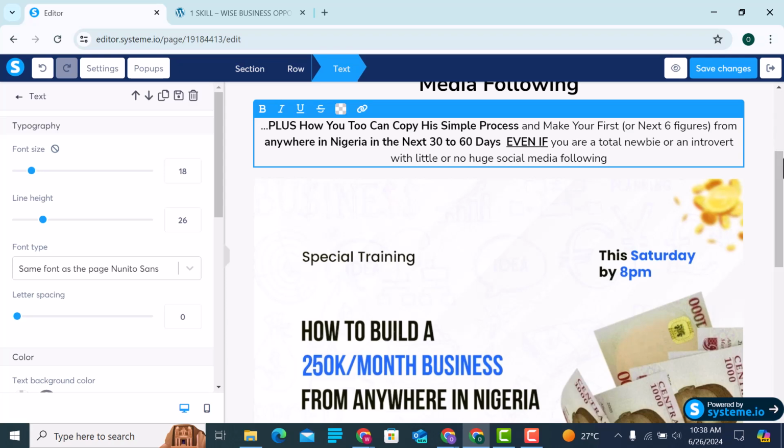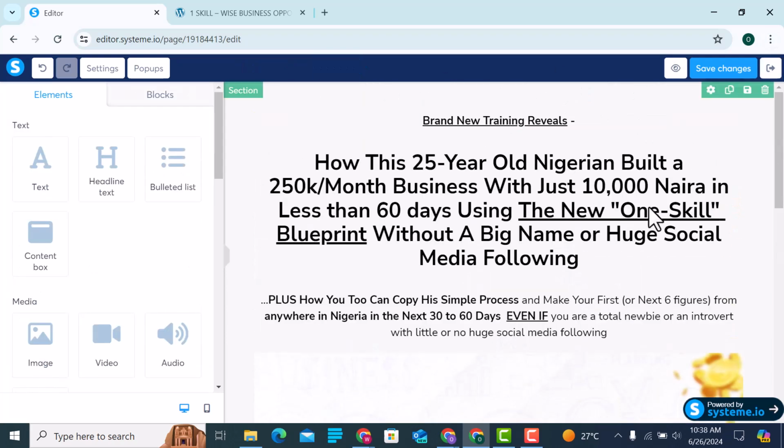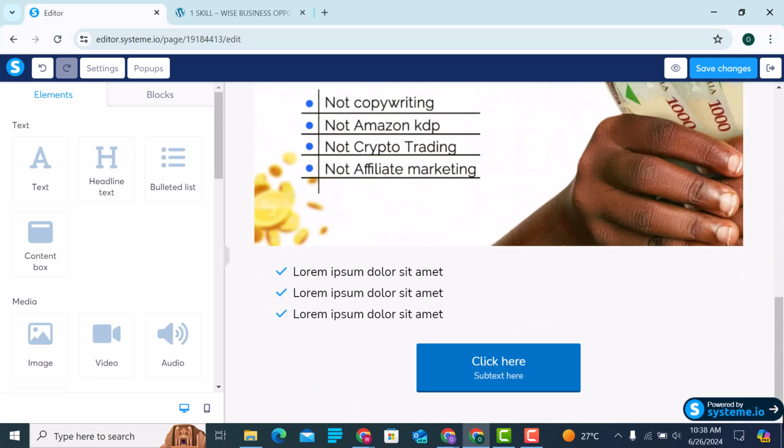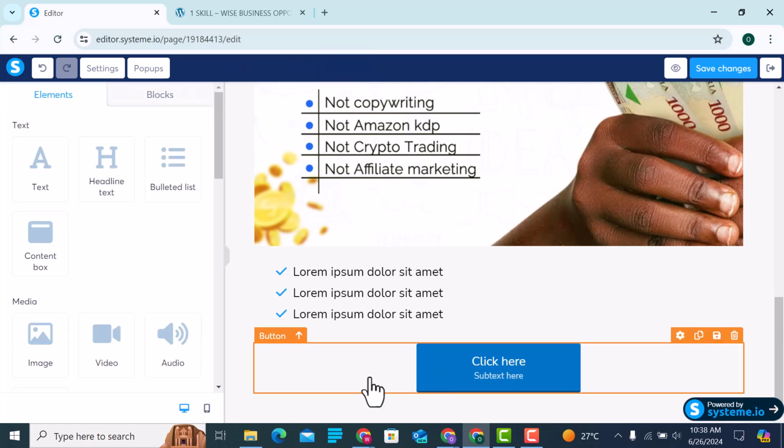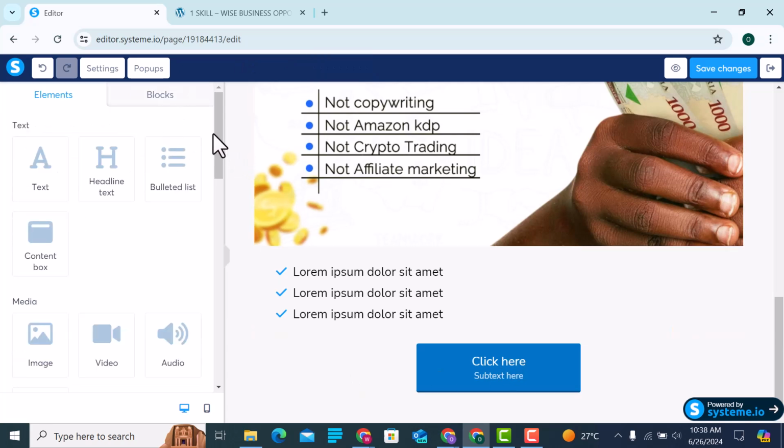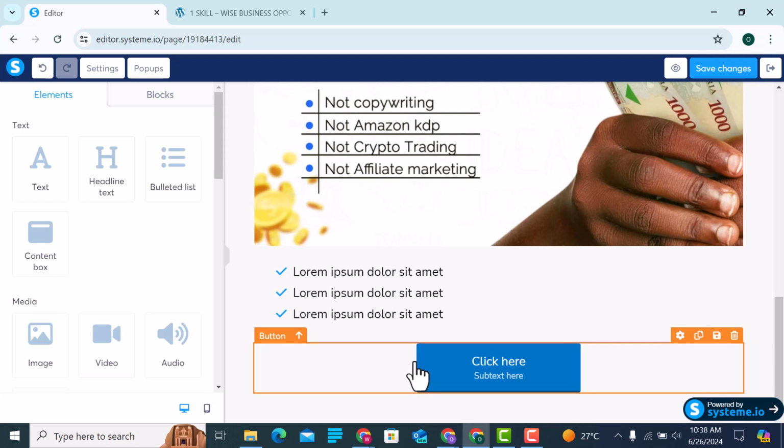Now, this is just an example. I'm just making this as an example for you to use. You can do something as simple as this. So come here. Oh, I think to make this better, let us have a form. Let's have a form here to save time. Sometimes you don't need to have a form.